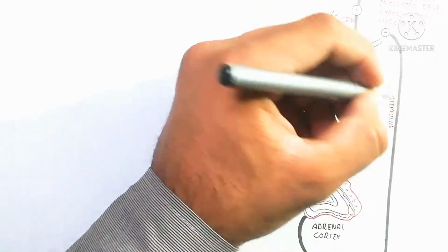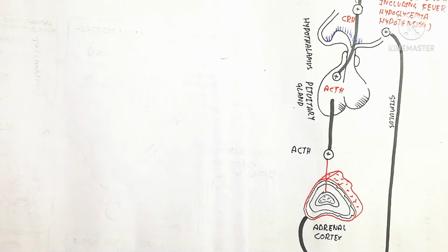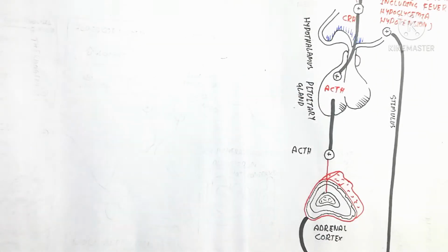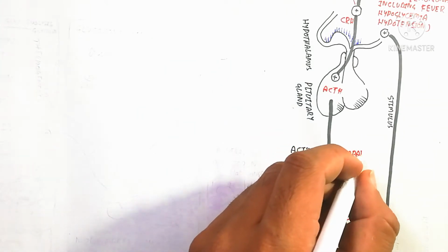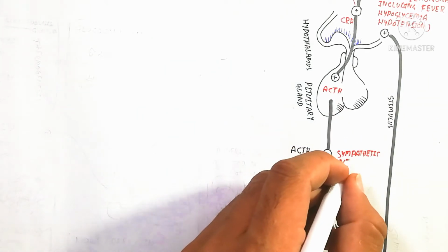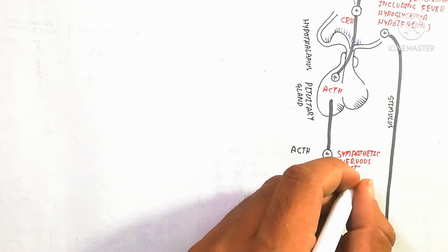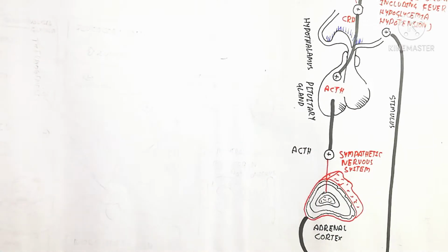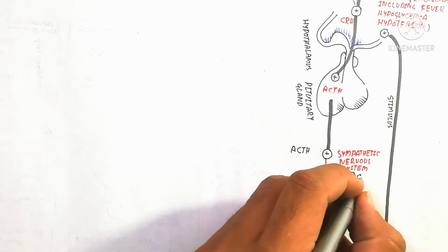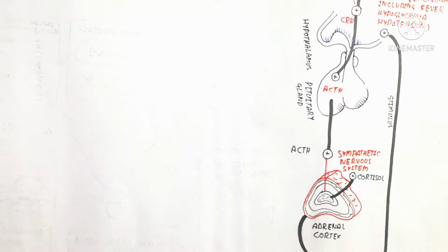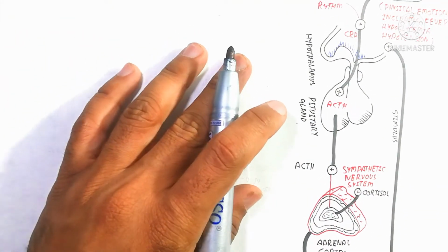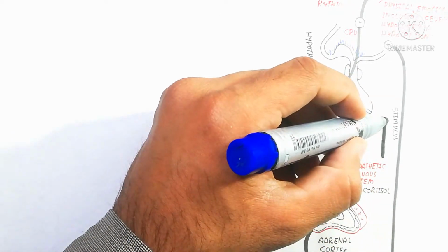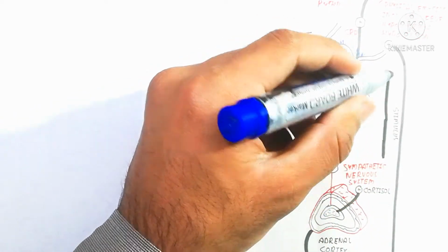Then low glucocorticoid will relax, and that's a positive feedback mechanism, when the fight and flight response will occur again. So that feedback mechanism will be produced, and this feedback mechanism will regulate the production of glucocorticoid as well as cortisol. So the cortisol, if we talk about the sympathetic nervous system, is stimulated to produce the cortisol hormone. So the cortisol hormone contains